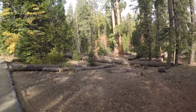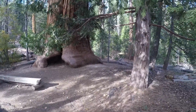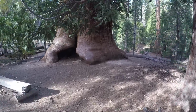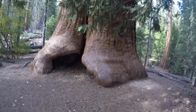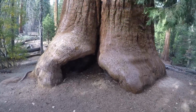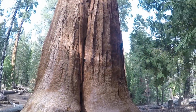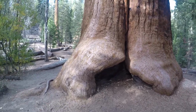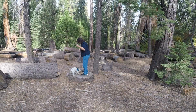One big tree. This is actually two trees that have grown so close together that they appear to be one. It's so big I'd have to back up 100 yards to get to the top of it. You can see where the fire has burned into the...